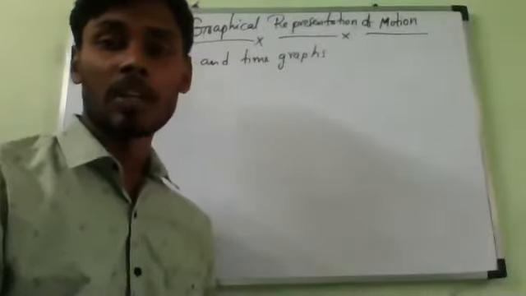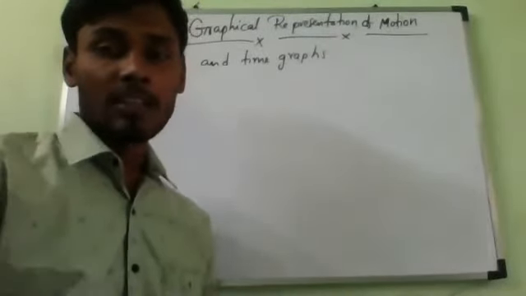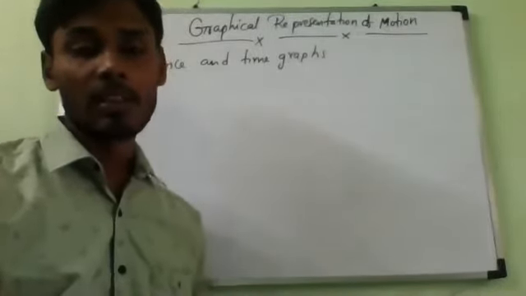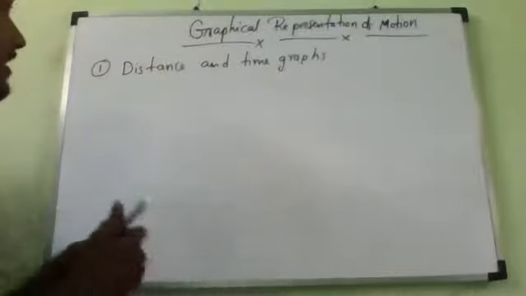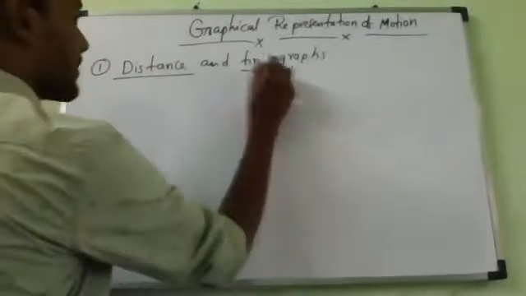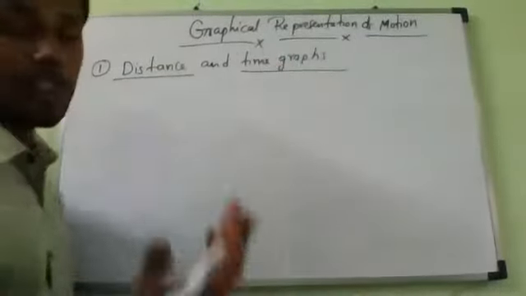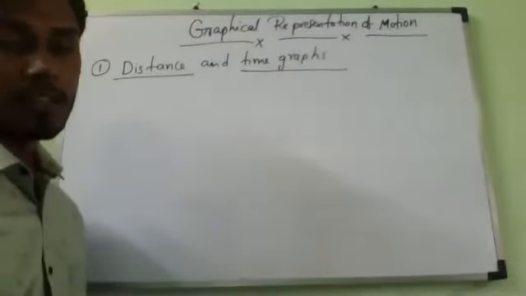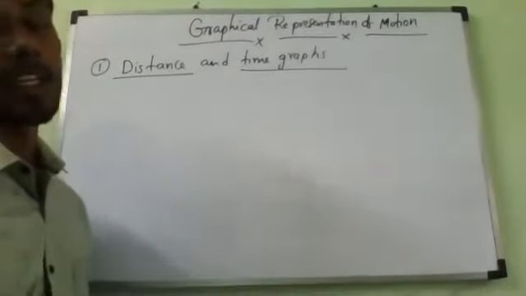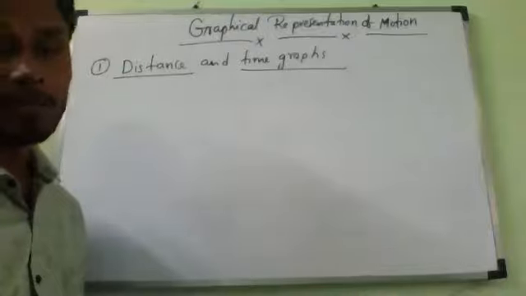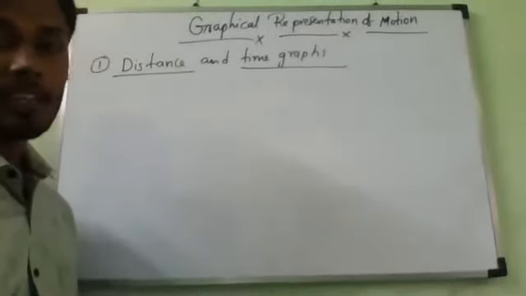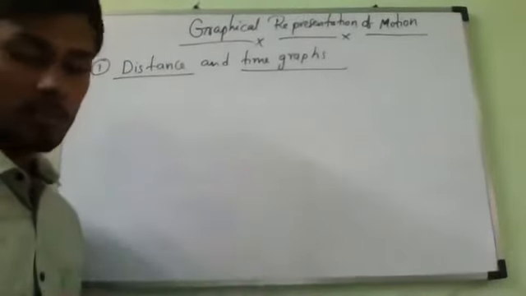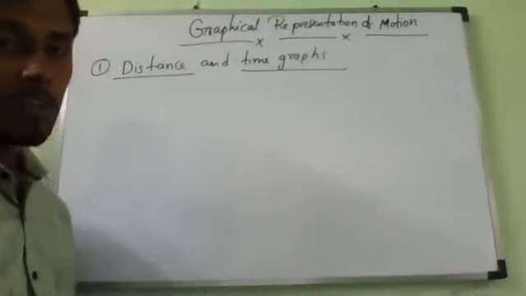No response from anybody. Laksha, Mahalakshmi, Tamil Selvan, the first type of graphs are distance and time graphs, so they will give you one thing. What is that? Distance traveled by time taken by a body, which will give what? Then I will stop the class, no issues. Nobody is speaking, then what will I do?